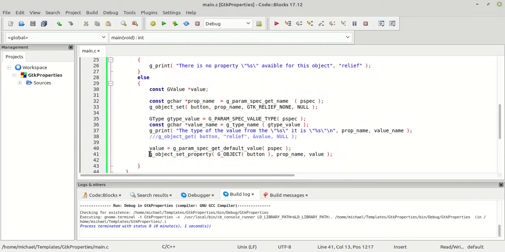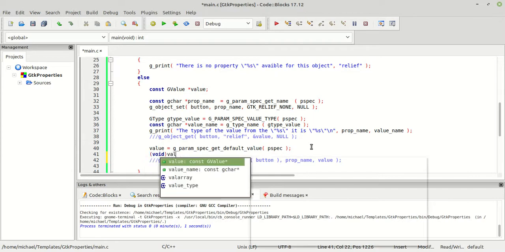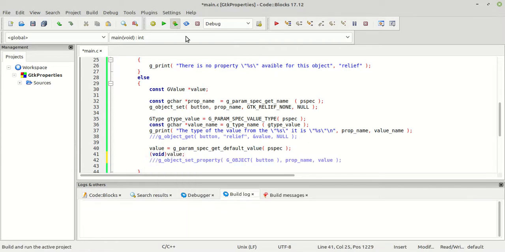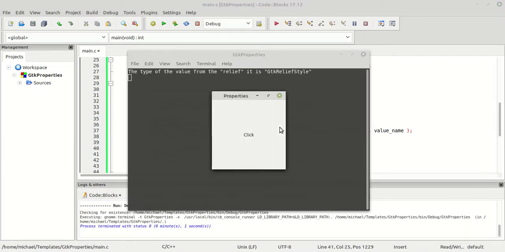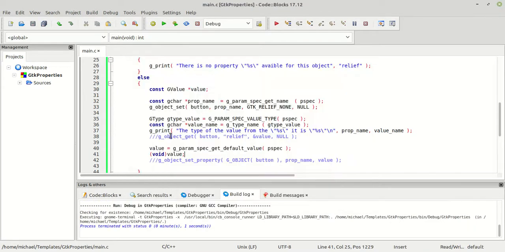So if I comment out this call right here, basically I need to silence the compiler, void value, just for a second. Now you will see that the value was before set to none. You see, it is none and works fine. And this is the way how you set or reset